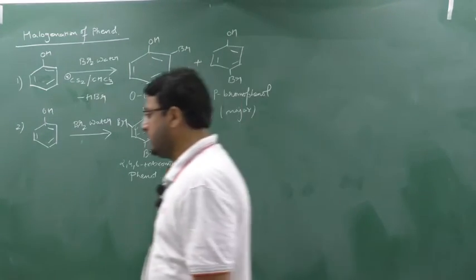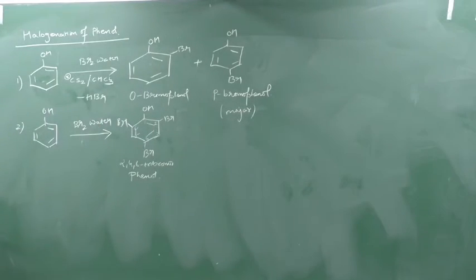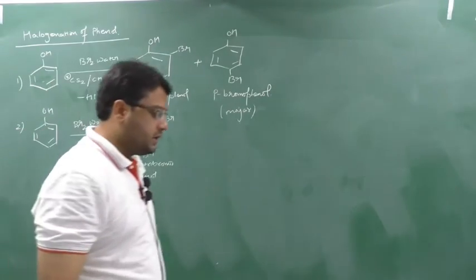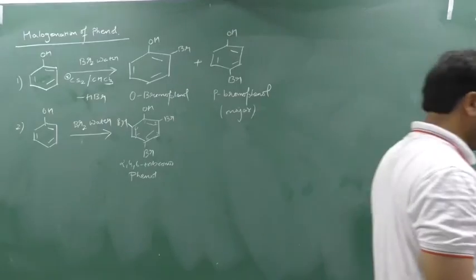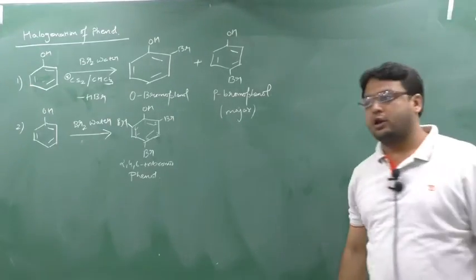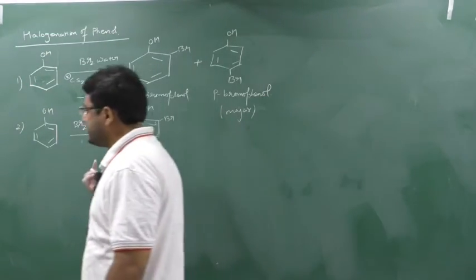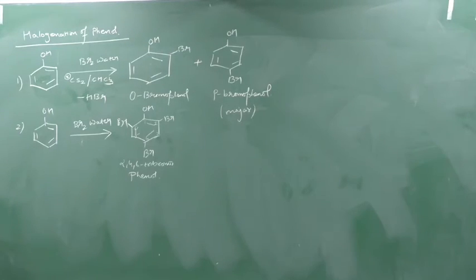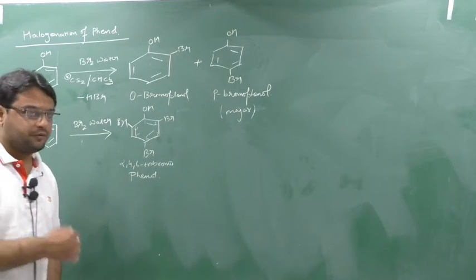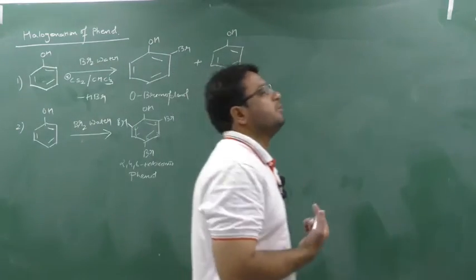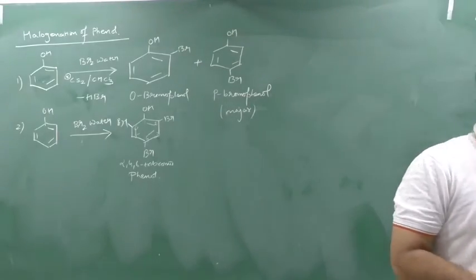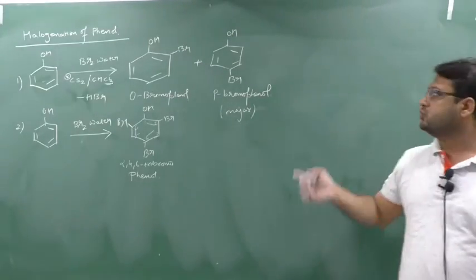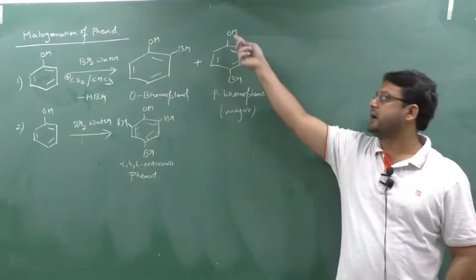This is very important. If in bromination of phenol only bromine water is written, then we will get 2,4,6 tribromophenol. If bromine water along with CH2Cl2 and CHCl3 is written, then you will obtain ortho-bromophenol and P-bromophenol. Out of O-bromophenol and P-bromophenol, who will be major? P-bromophenol will be major due to less steric hindrance, or you can write down the symmetry.